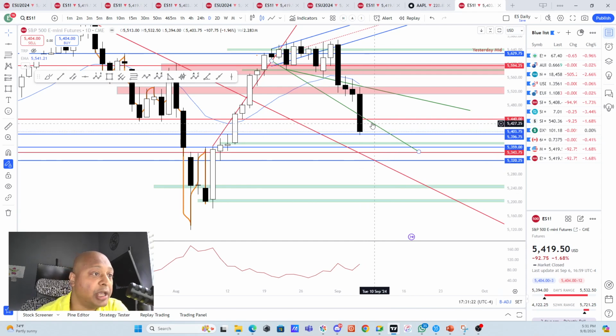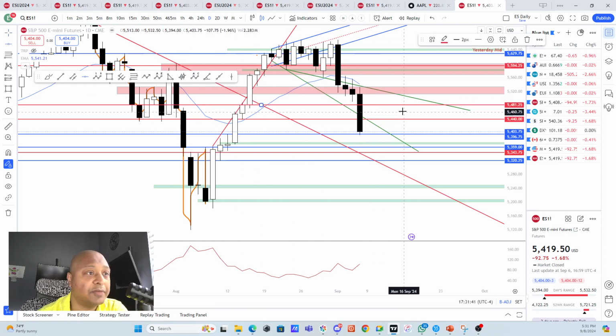If the price is going up, I would first like to see that it is taking out this particular line at 5440. This will be a strong area of resistance. Along with that, we have this particular trend line also here. But if we keep going up from here, we can get to the 5482 line. I will put those areas here at this point. We can come to the 5481.25 line, and then we will see if we can get to the 5493 to the 94 area. If we get above that, we can come to the 5502 to the 06 area, and then we can revisit this box and then see what we are doing at this trend line.